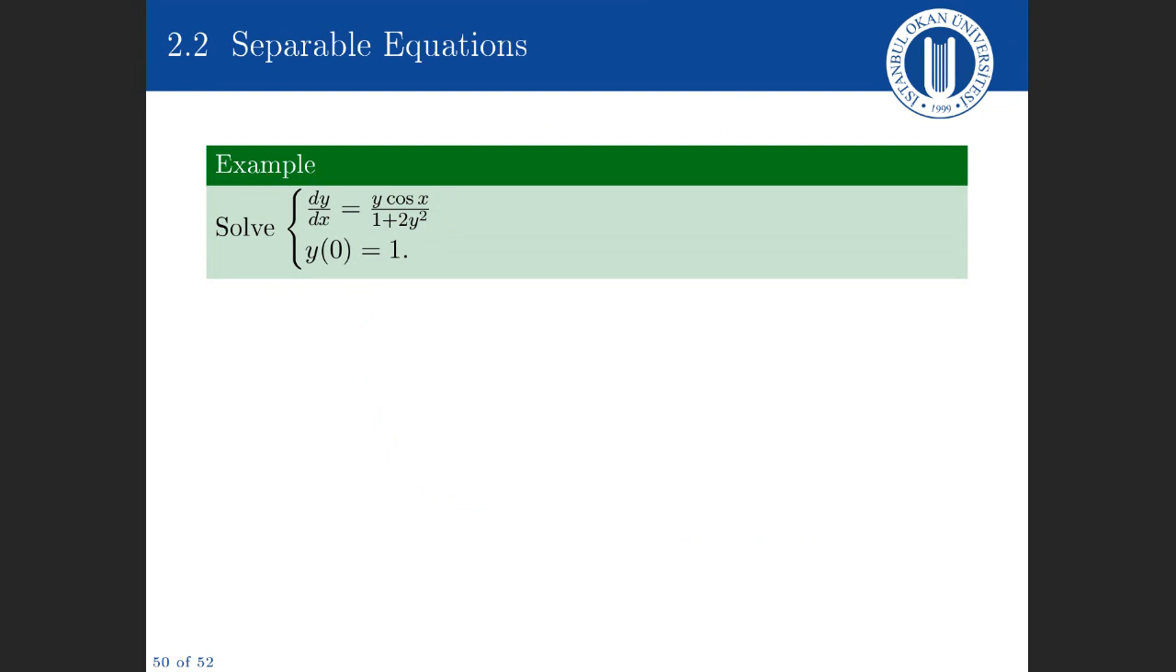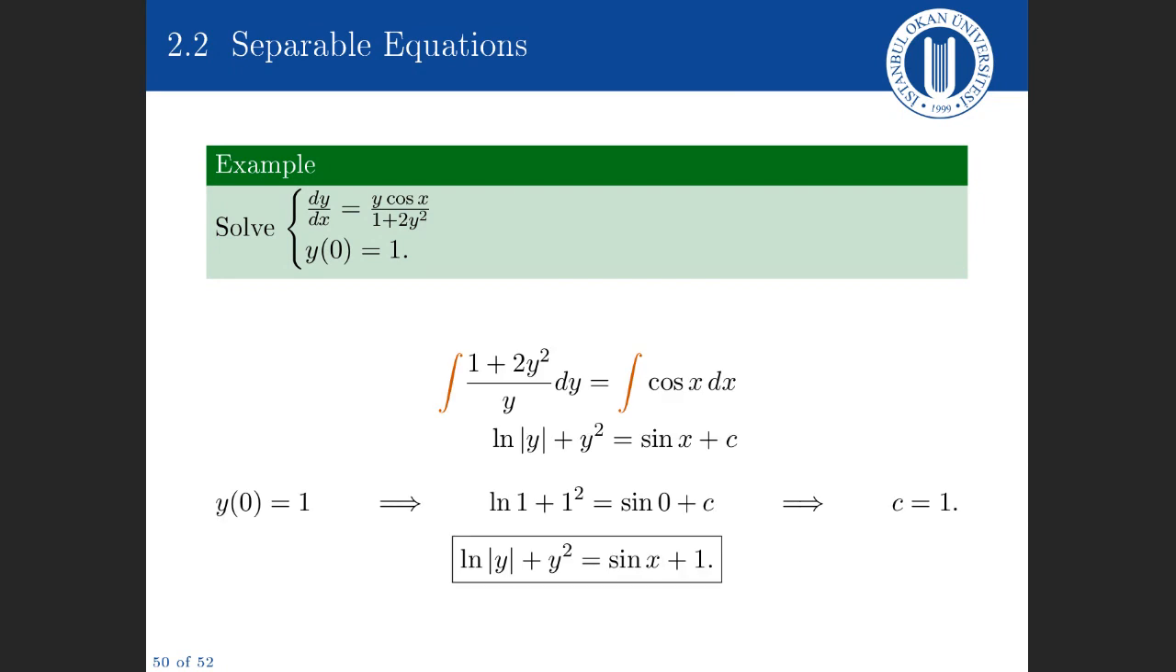solve dy/dx is equal to y cos x divided by 1 plus 2y squared with the initial condition y of 0 is equal to 1. Here's the whole calculation. First, I want to rearrange the equation so that all of the y terms are on the left and all of the x terms are on the right. We get (1 plus 2y squared) divided by y, dy,